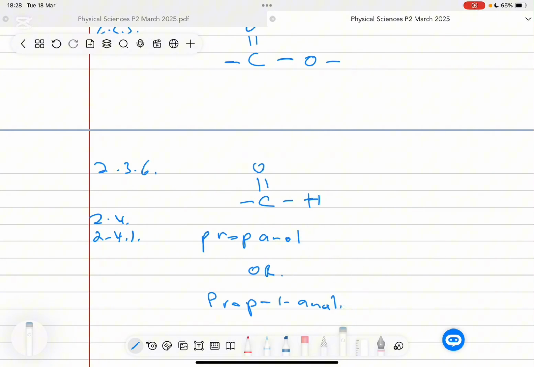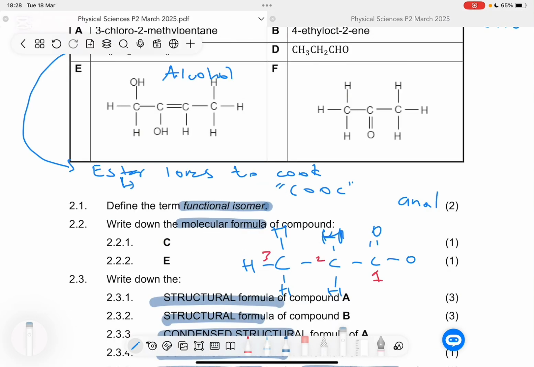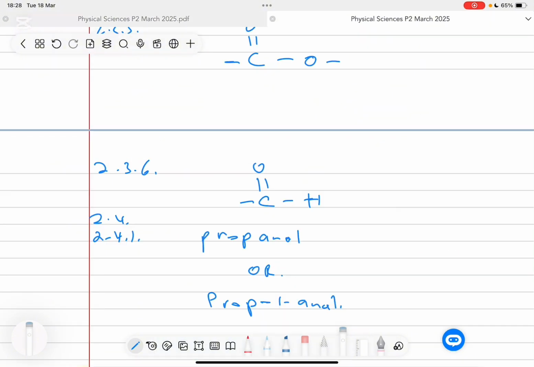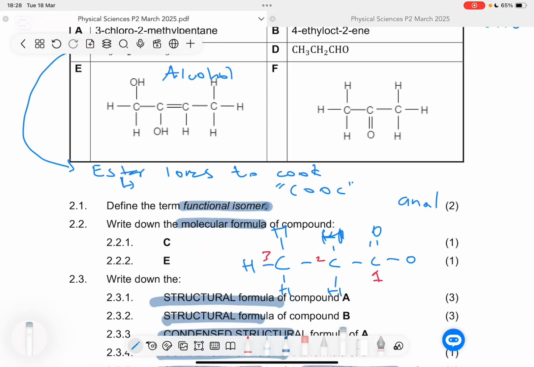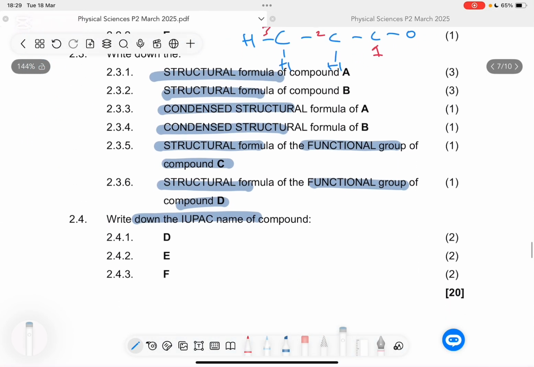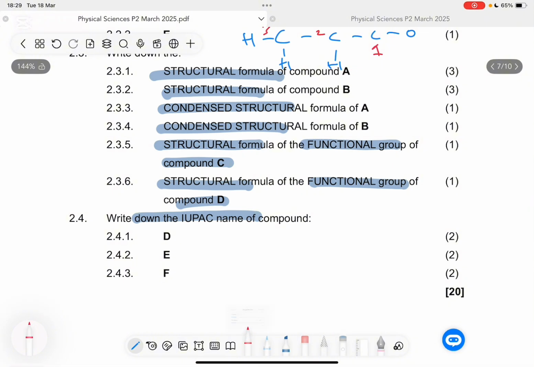It's easier in this case to leave it at this, because we only have our functional group at the end of the molecule. If it was here in the middle, it would only have one name, which would be prop-2-anal. So in this case, either of these is accepted. Now, if we go to the next question, which is